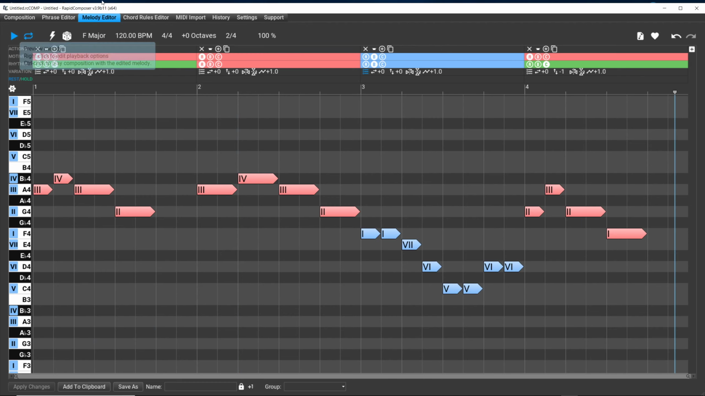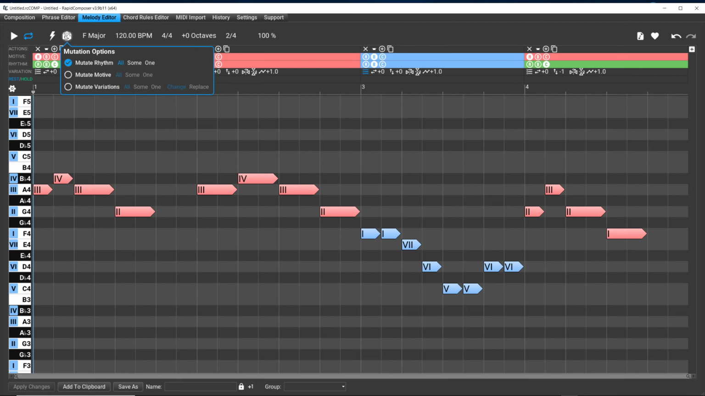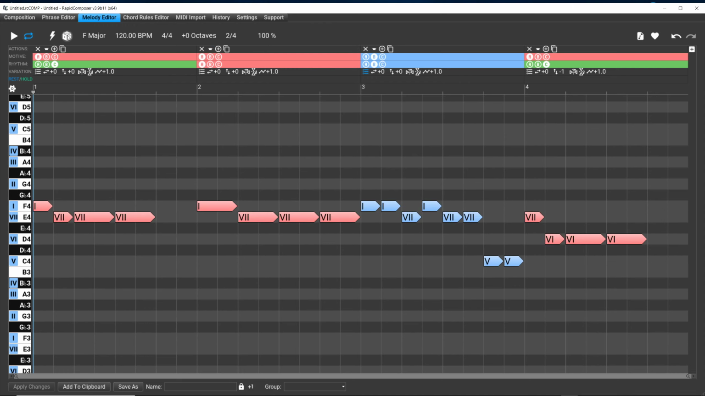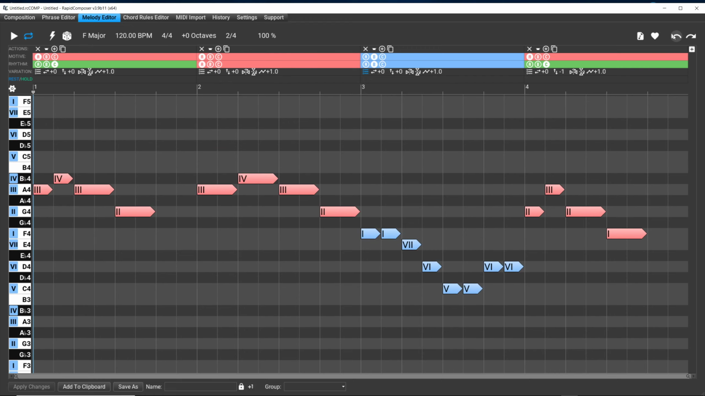Alright, let's see if I'm right about this mutation of motive, and whether it tends to reduce the number of different pitches in each bar. Let's try it. Yeah, I mean it definitely does that. If I undo it, in bar 1 we've got E, F, E, D, and when we